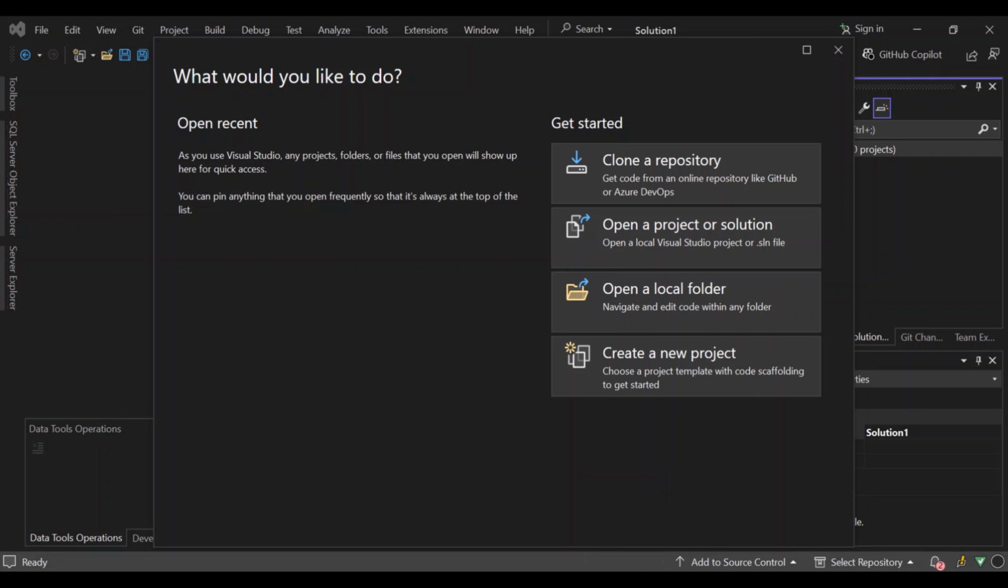In this video, we will explore Microsoft SQL Server Database development using both Visual Studio 2022 and Microsoft SQL Server